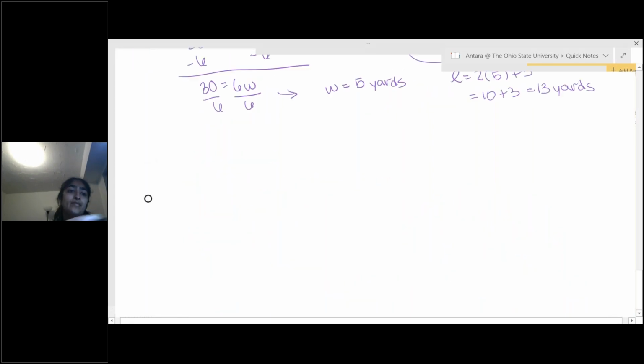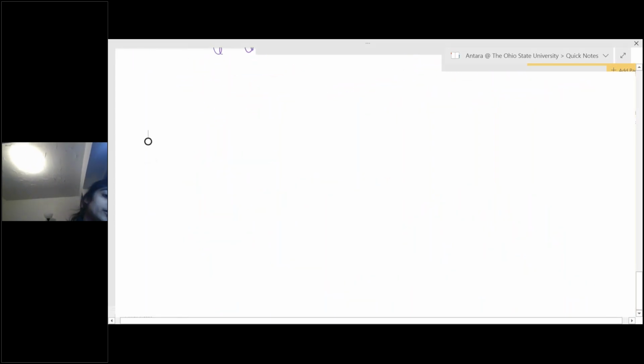So I'm going to go ahead and go to the OneNote. This is our last example. This is example number 5. So here we want to have a variable. So here what we're trying to find is the number of weeks until your brother and you will have the same amount of money in your accounts. So let's just write out that variable. Let's just call it W. That's the number of weeks